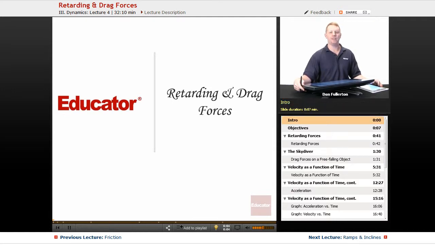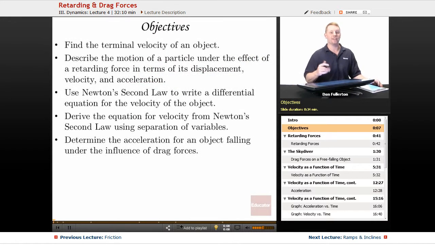I'm Dan Fullerton, and in this lesson we're going to talk about retarding and drag forces. Yep, you've got it. We're actually going to get to air resistance. So our objectives are going to be to find the terminal velocity of an object, to describe the motion of